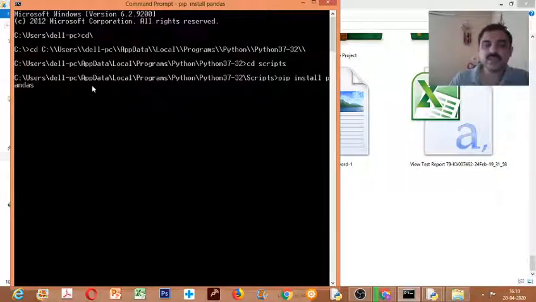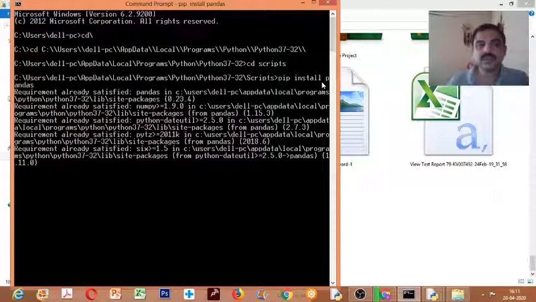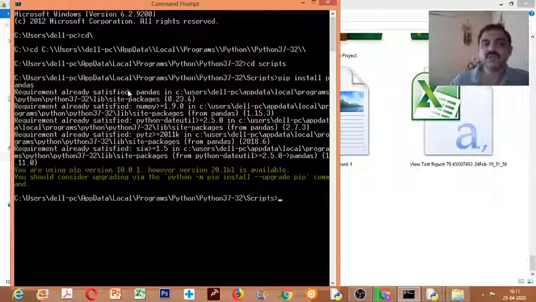Similarly, last year we have seen numpy arrays, how to install numpy. In the same manner, we need to write pip install numpy. Once it is installed, it will take time and it displays. Here I have already installed it, so it shows requirement already satisfied. If it is not there, it will get installed. So you get an indication that it is 100% completed.